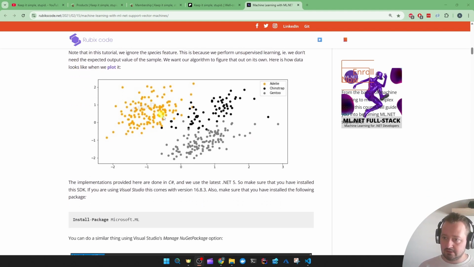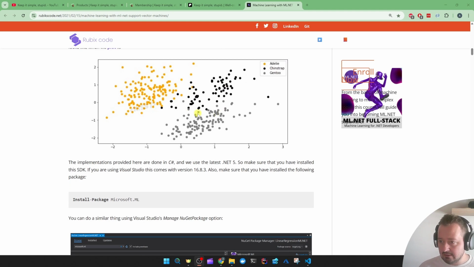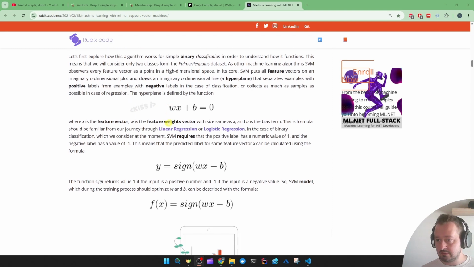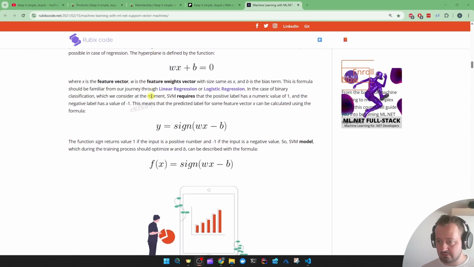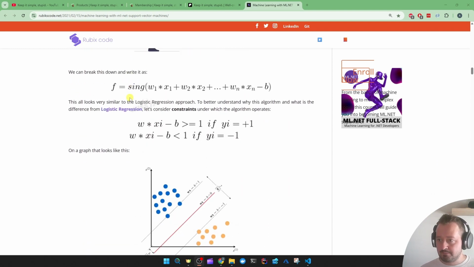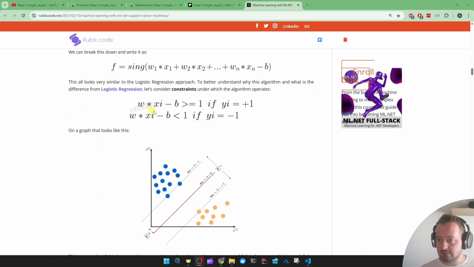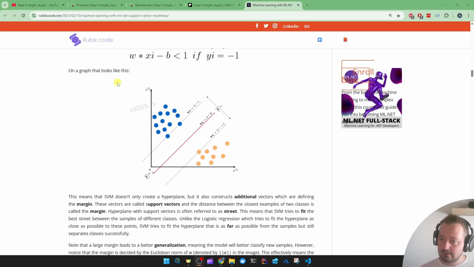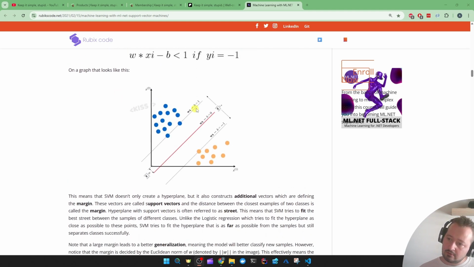If they then plot the different species based on the features, you can see there's a lot of overlap. Some overlap between the Adelie species and the Chinstrap species, and then some overlap with the Gentoo. If you want to go through all the mathematics and the hyperplane stuff, do read through this. It makes references to logistic regression, but how it operates differently. Then it shows us how to calculate